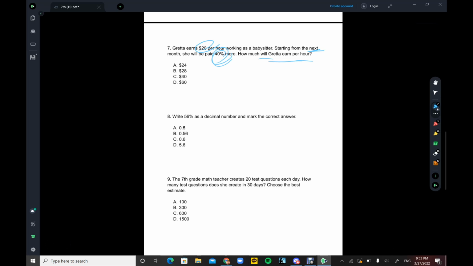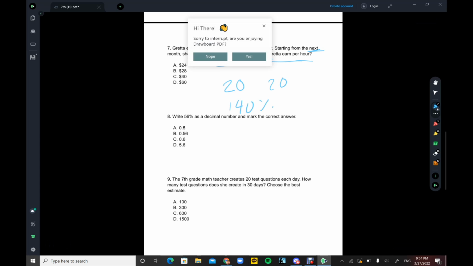So right now, let's think of it in terms of a percentage. You get 20. Right now, what is 100% of 20? 100% of 20 is 20, right? But if you add 40% more to 100, then what do you get? You get 140%, right? So what you need to do is